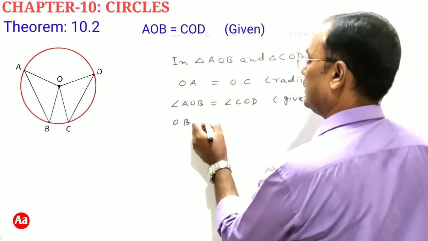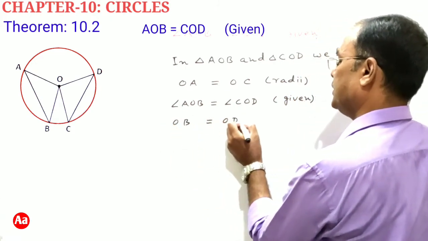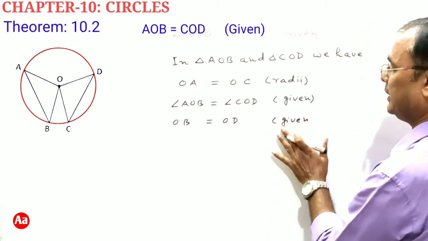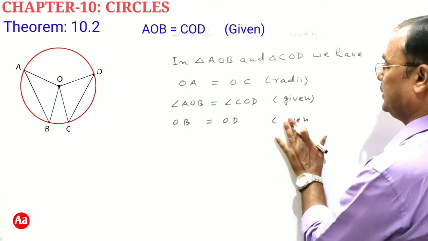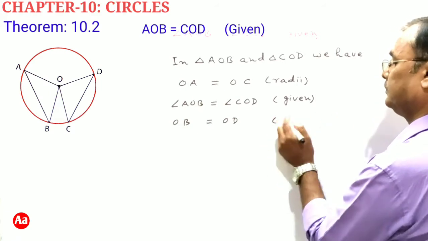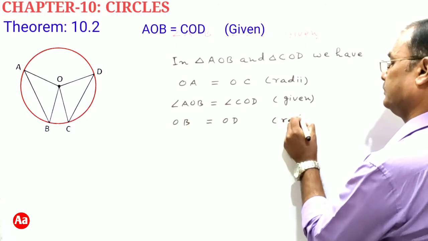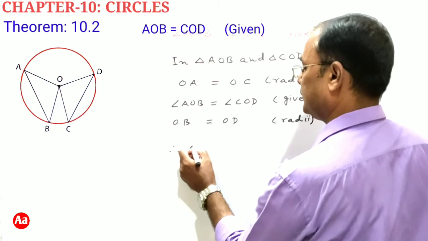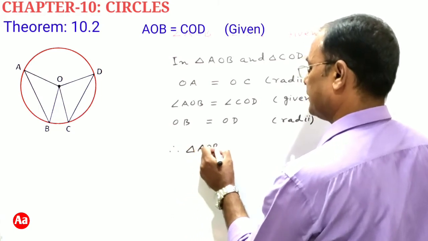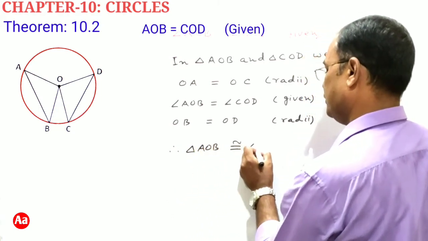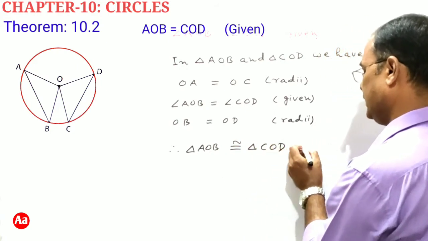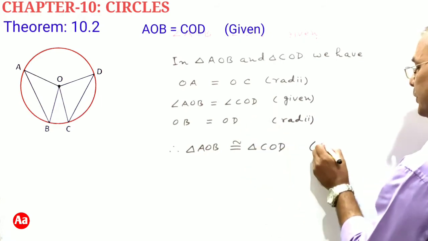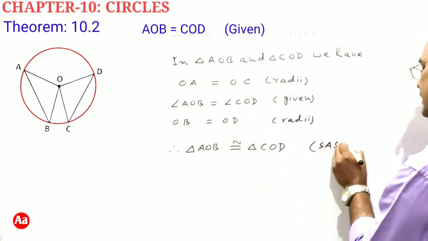OB is equal to OD, it is radii of the same circle. So they are equal. Therefore, triangle AOB is congruent to triangle COD by which congruence rule? By side angle side congruence rule. So by SAS